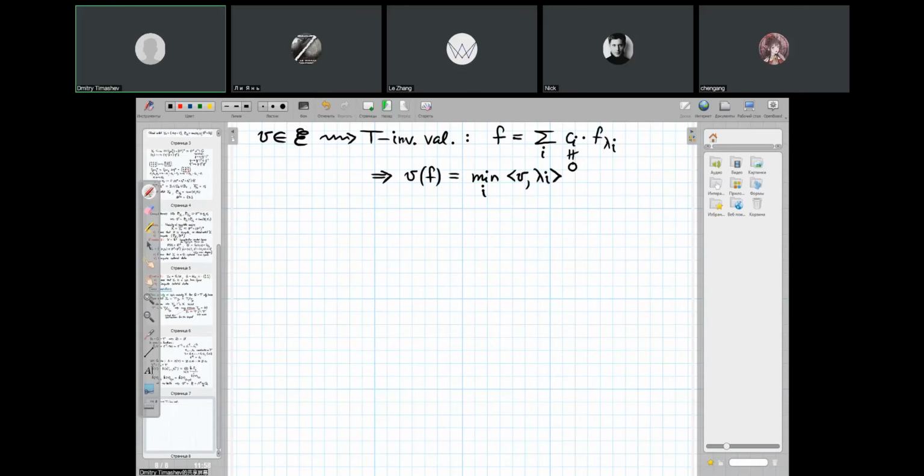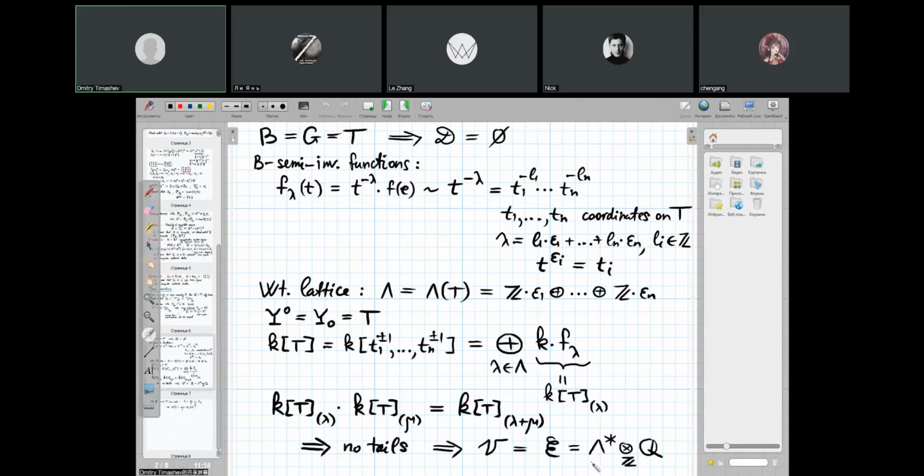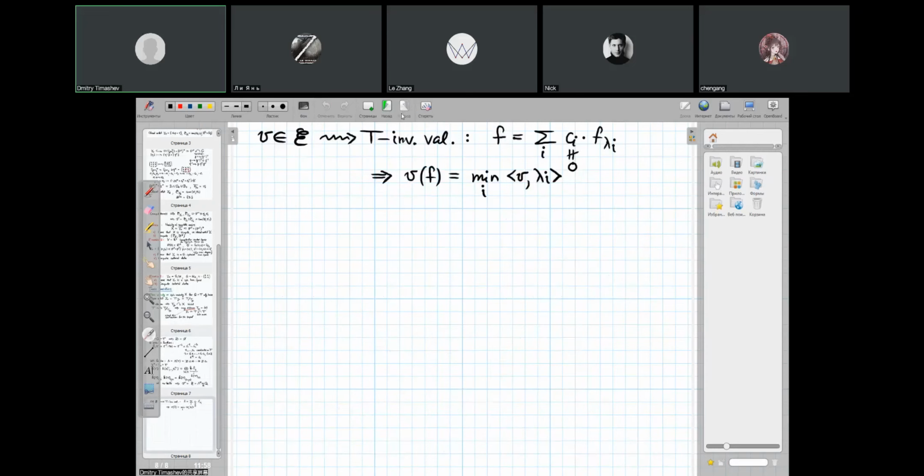But if V is a lattice vector, a vector in lambda star, then, of course, any vector in E is proportional with some positive multiple to a vector in here. So essentially, if we are interested in invariant valuations, we may consider only lattice vectors. And if V is a lattice vector,